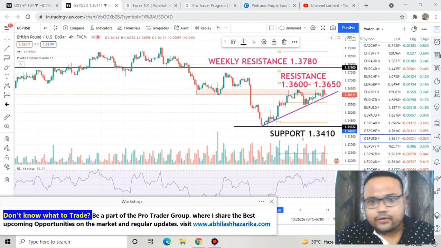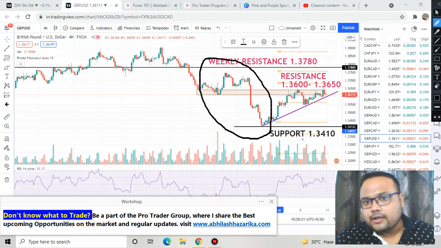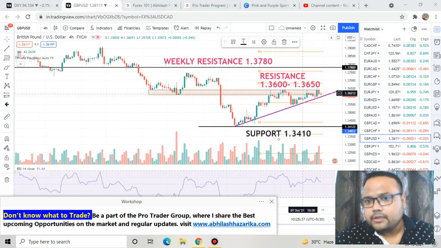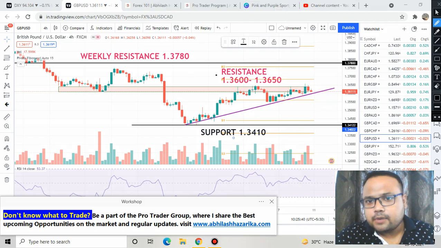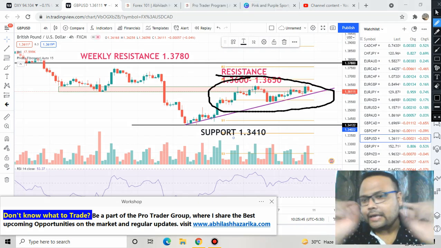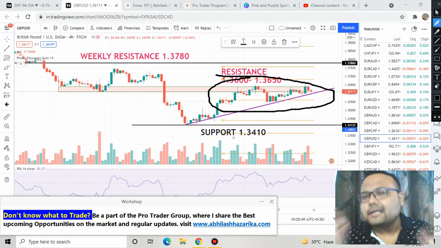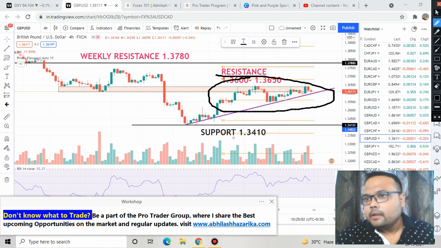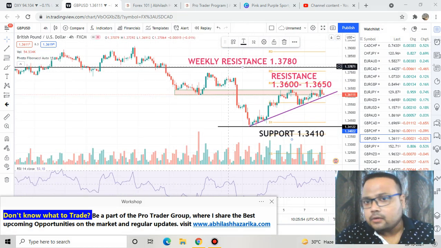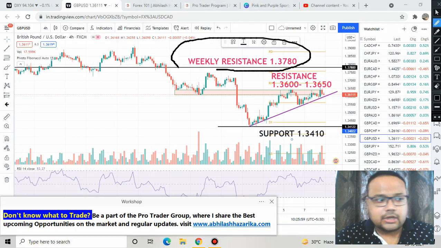Yes, if we look at the trend of the market here, then we can see the market was flat. After that there was a fall in the market, and right now the market is trying to go up. Yes, there was a trend reversal, but if we just focus on this particular portion of the market here, we can see that we do not have any trend, rather the market is just flat. Apart from this trend, we have got 1.3780 as the weekly resistance from the weekly chart,